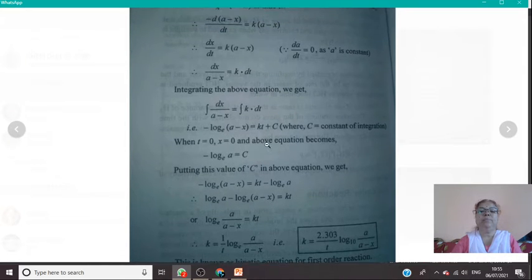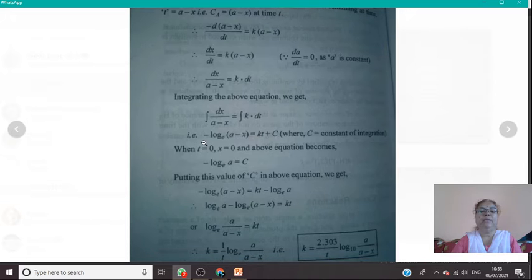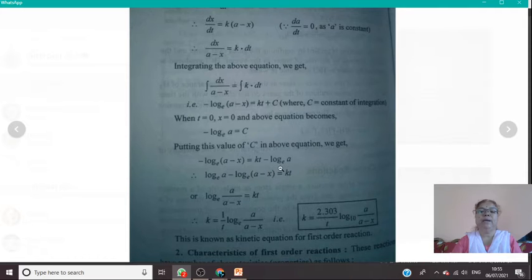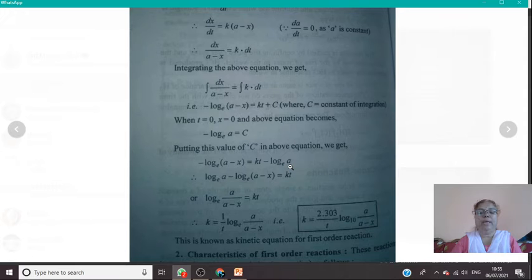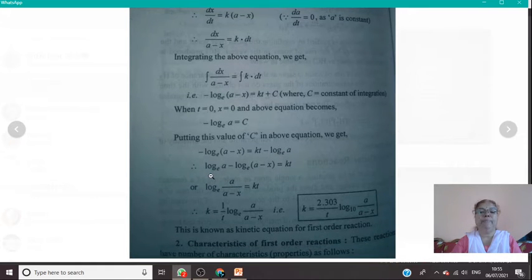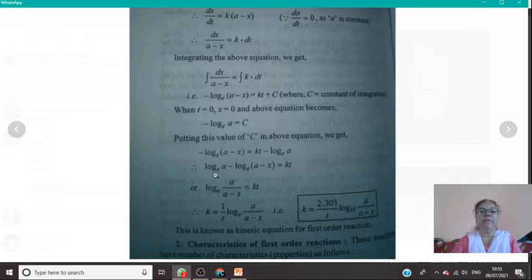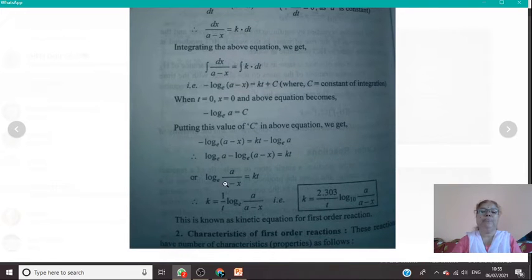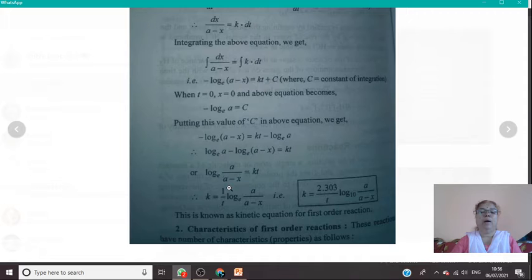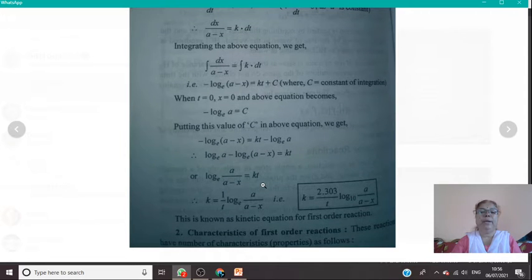Then putting the value of c, we have minus log (a minus x) equals kt minus log a. Then we transfer the term minus log a to the left hand side and rewrite the equation. Therefore, we have log a minus log (a minus x) equals kt, or log of a upon (a minus x) equals kt, where